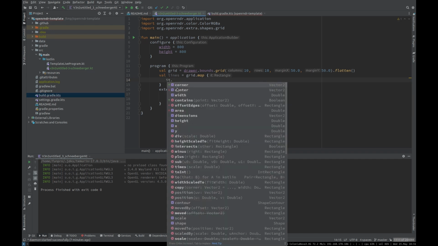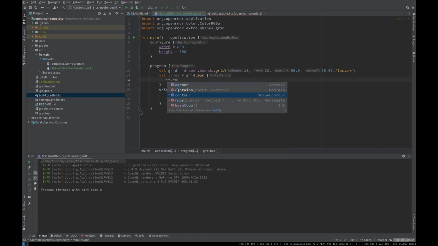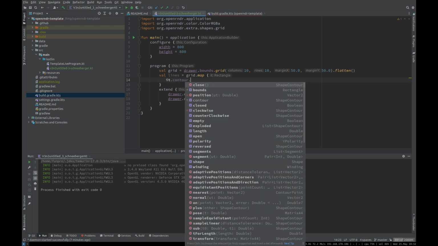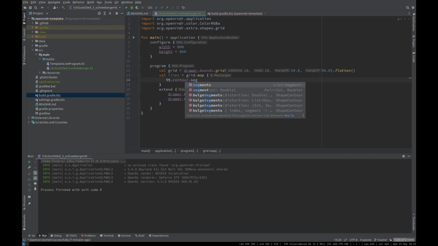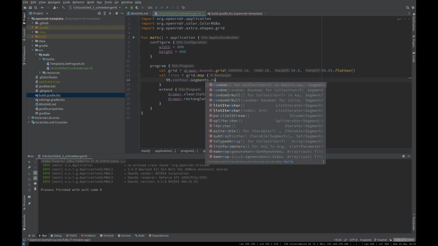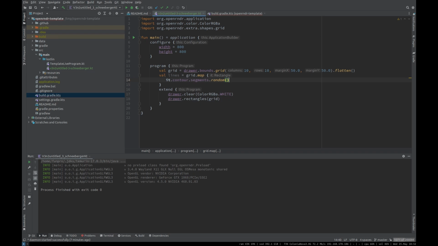So to get the segments, I guess we should get the contour first, or no? Yes, contour. And the contour has what? Segments. Let me see. Where's my segments? It's a list. Cool. And isn't there a random method? Is it from Kotlin or from OpenRNDR, this method? I think it's from Kotlin. So this would make it super easy, because it's just taking one of the segments of the rectangle. And so now lines is a list of